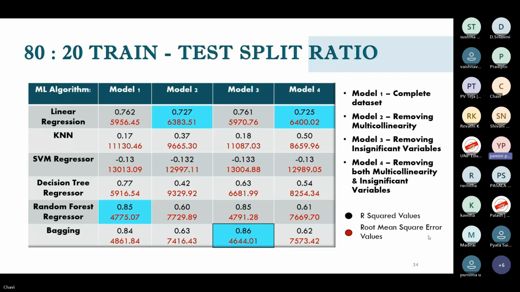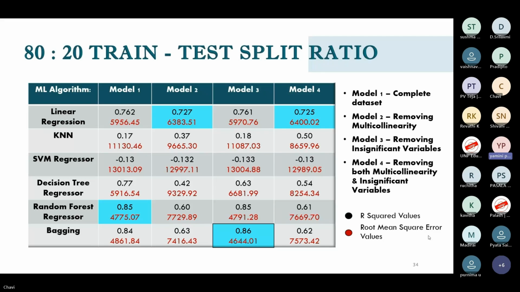Now we are taking the 80:20 train test split ratio. In that, model 1, random forest is giving the highest R-square value, that is 0.85, and the lowest root mean square error value, that is 4775.07. And in model 2, linear regression is having the highest R-square value, that is 0.727, and the lowest root mean square error